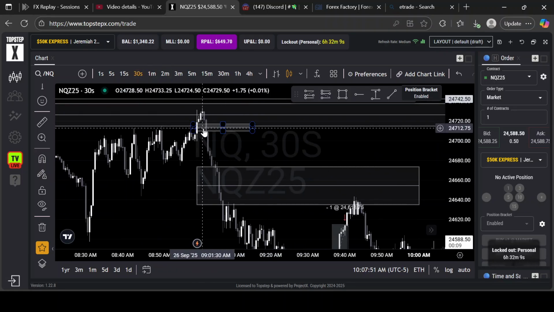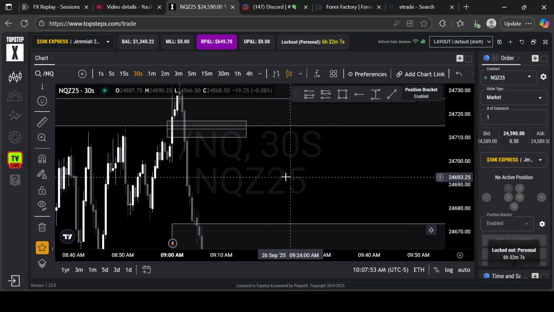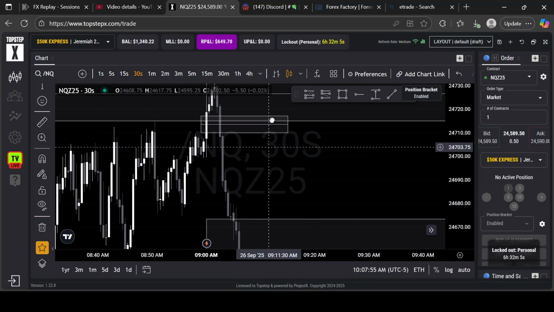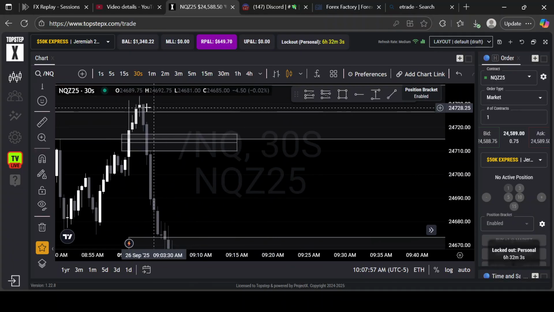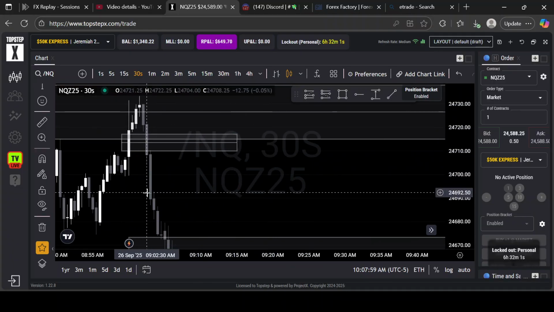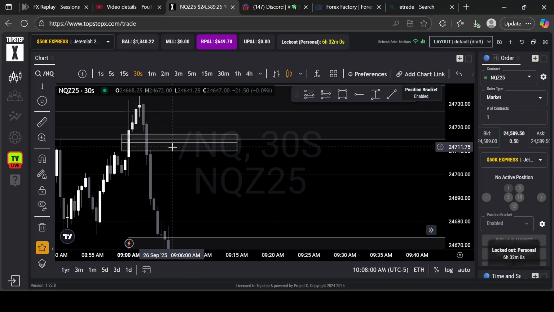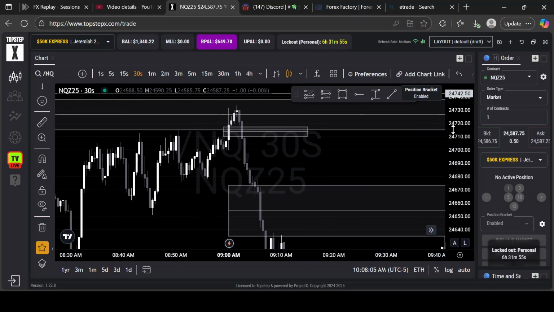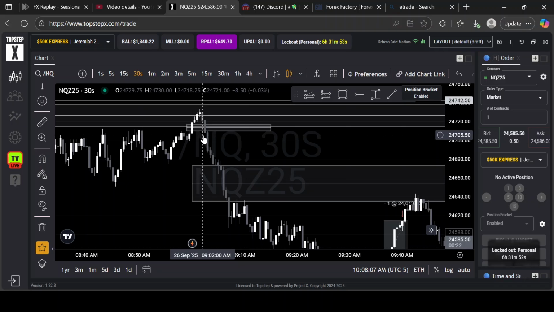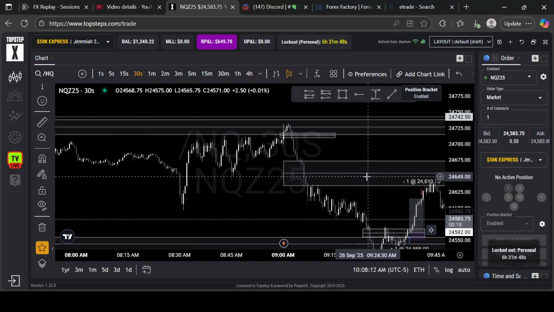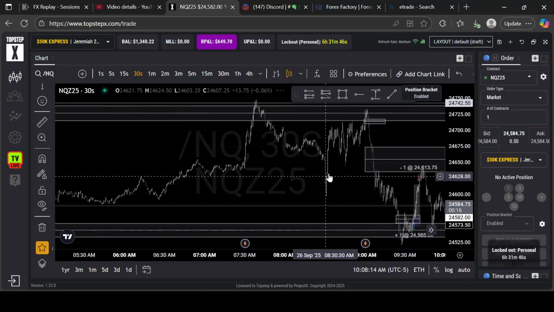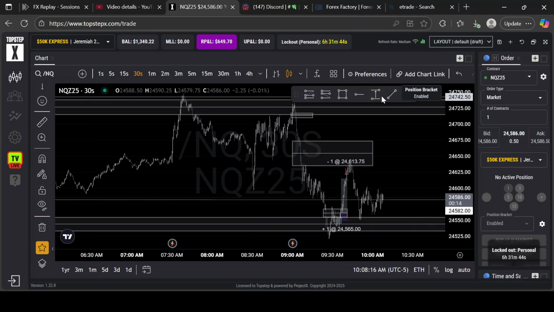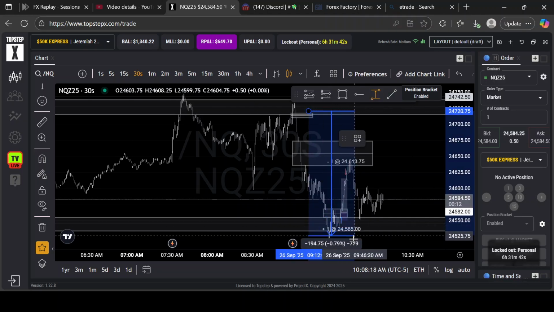I was waiting for an entry here. This is what I was expecting. In order for me to enter personally, I would have wanted this to close, right? Market to pull back into the inverse and then continue going lower. But that didn't happen. I mean, I could have entered here, but I just wanted a better entry and that didn't play out. Market ended up dumping right around almost two.